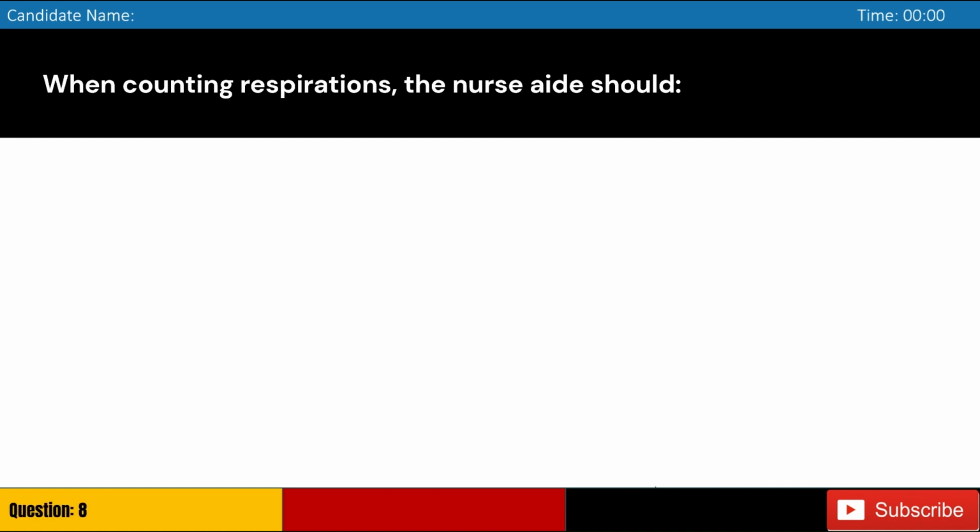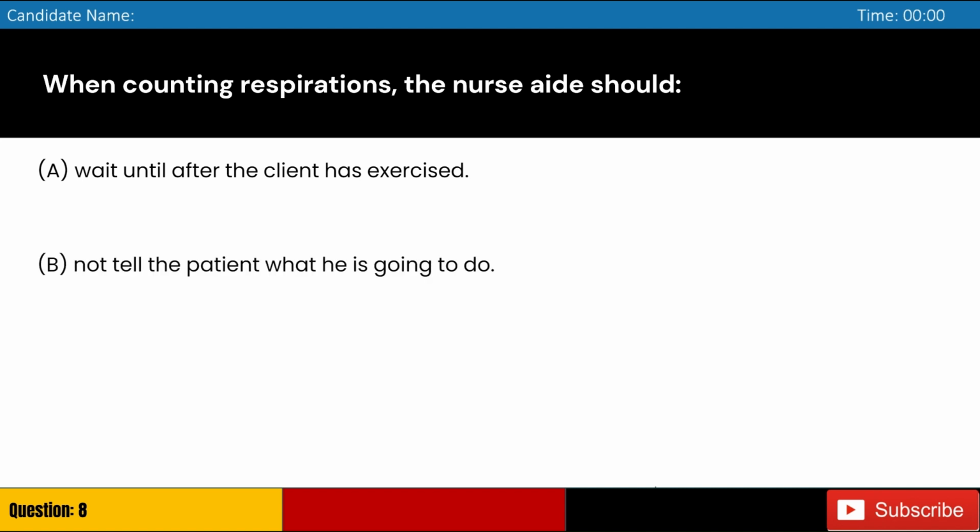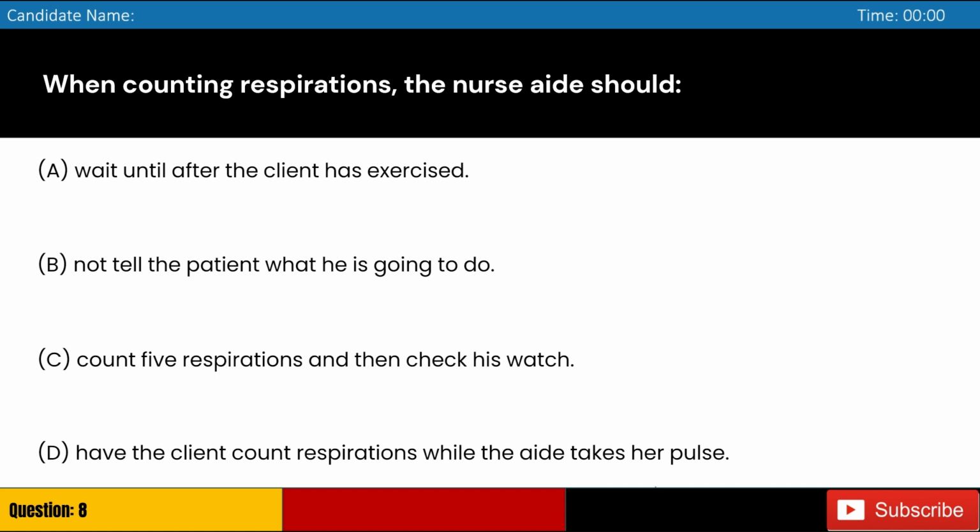When counting respirations, the nurse aide should A. Wait until after the client has exercised. B. Not tell the patient what he is going to do. C. Count 5 respirations and then check his watch. D. Have the client count respirations while the aide takes her pulse. Answer B. To ensure accurate counting, the patient should not be aware that respirations are being observed, as it might